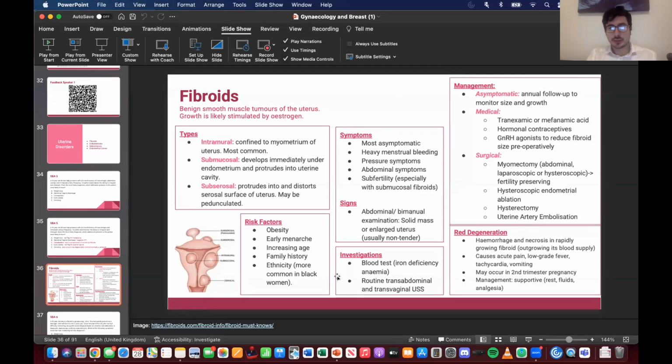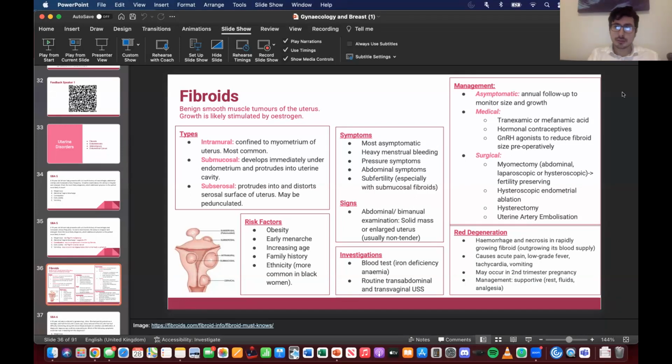What investigations do you want to do? With fibroids, when you have heavy menstrual bleeding, what you worry about most is an iron deficiency anemia developing. And the symptoms from that could be shortness of breath on exertion, chest pain, dizziness, palpitations, and we'd want to test for that so we can prevent anemia developing. Otherwise, testing for the fibroid itself is commonly transvaginal ultrasound, or if that's not possible, transabdominal ultrasound.